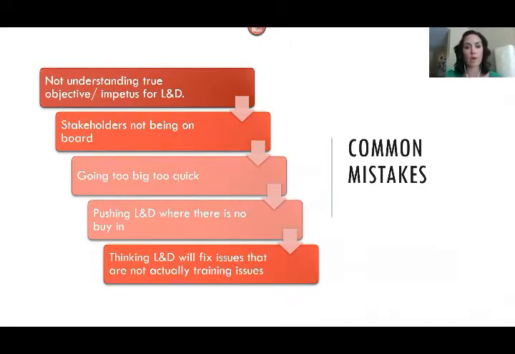So you want to make sure that when you sit down to talk through a program and you're talking to the stakeholders and the SMEs and you're working through the analysis phase of things, that you're looking at, is this an issue with process or with communication, or is this truly a training issue? If it isn't truly a training issue, then helping them kind of get there, setting expectations, and then making sure that you say, all right, once this is all settled and kind of figured out, then let's build the training on top of it so that I can augment what you guys have already put together. So those are kind of my biggest common mistakes that I have definitely made in the past and learned from.